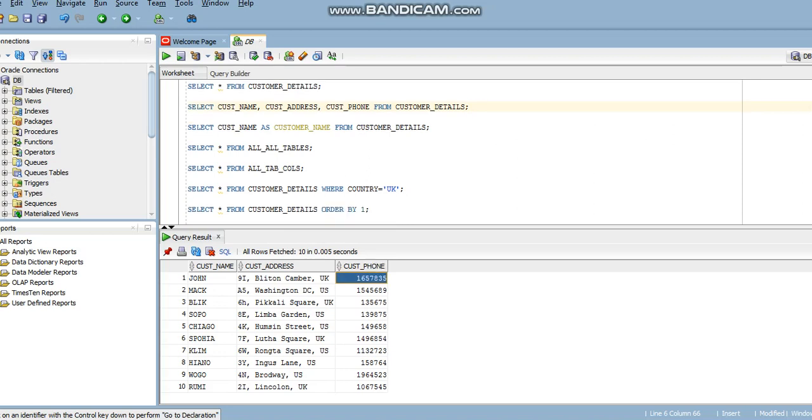Now what do we have to do if we want to change the name of the existing column while selecting the value from a table? We need to write a select command by specifying an AS condition. Like over here we have a column called cust name. This cust name we are trying to retrieve